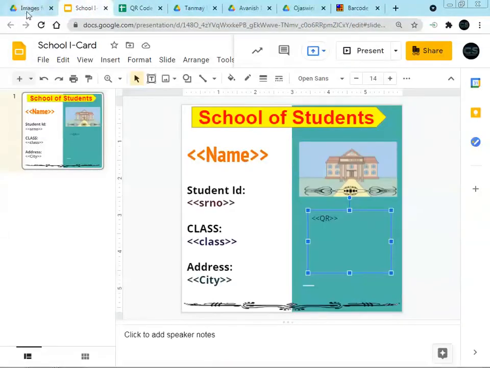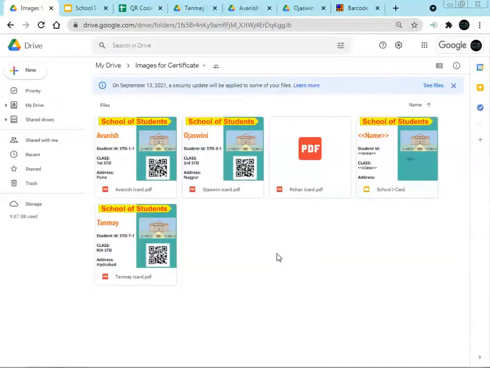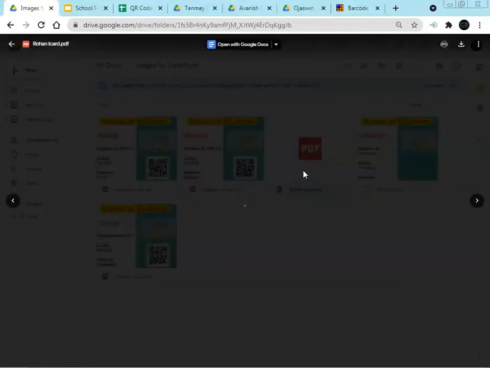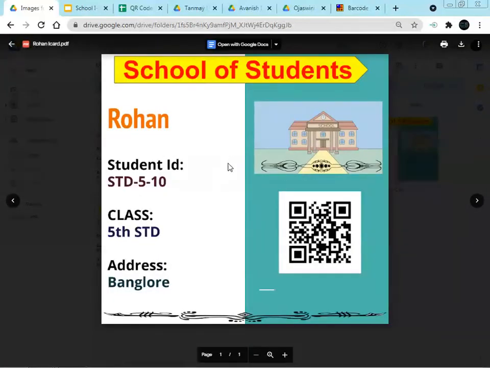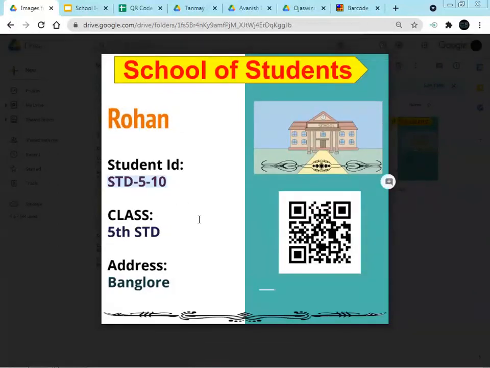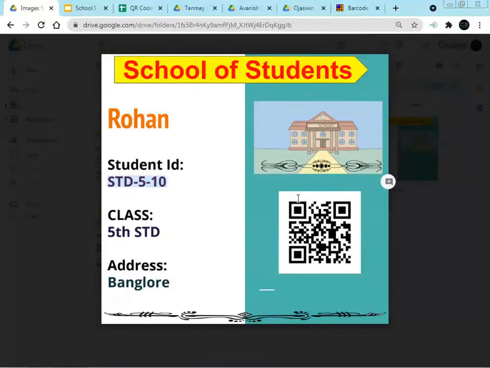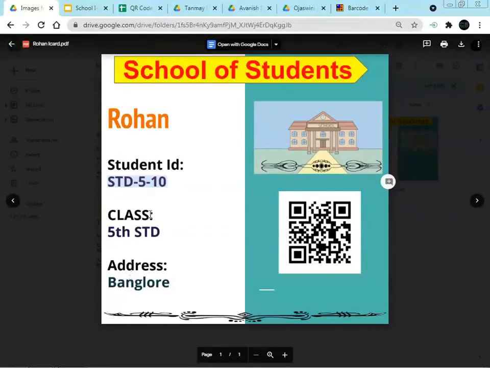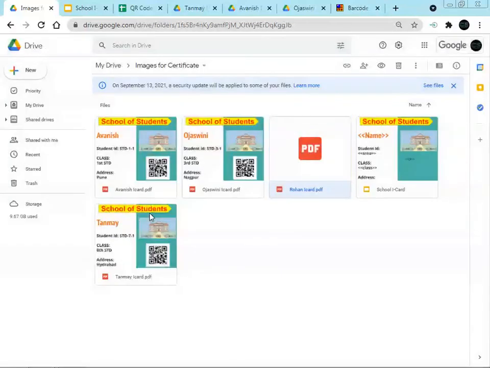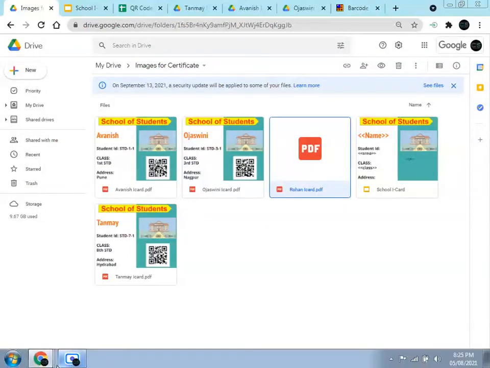All the documents are stored in the folder itself. So this is our folder, in which the information of all the students is generated with the QR code. This means that if we change the name or any information, the QR code is not going to change. So if anyone scans this QR code and the information is reflected, it means that this particular document is not correct. This is the simple process for generation of the QR code.